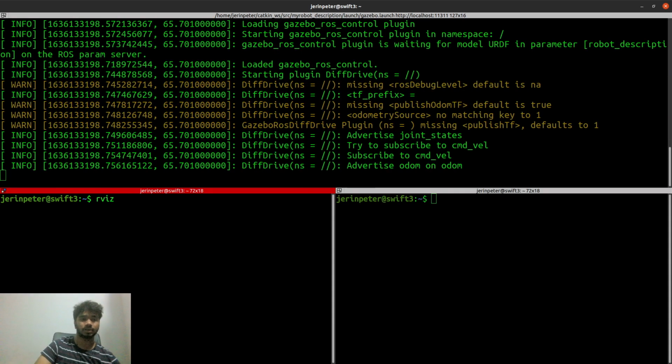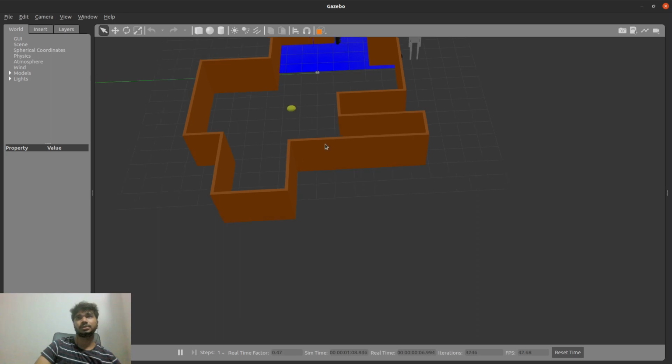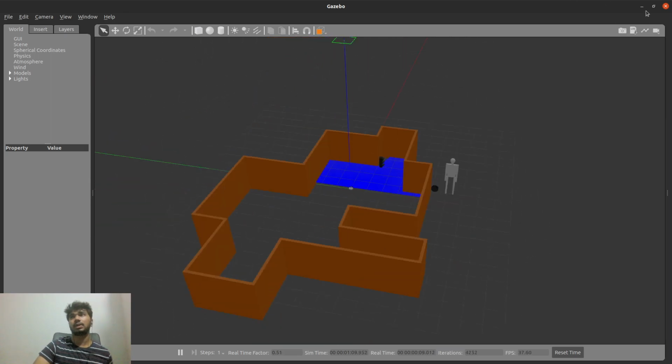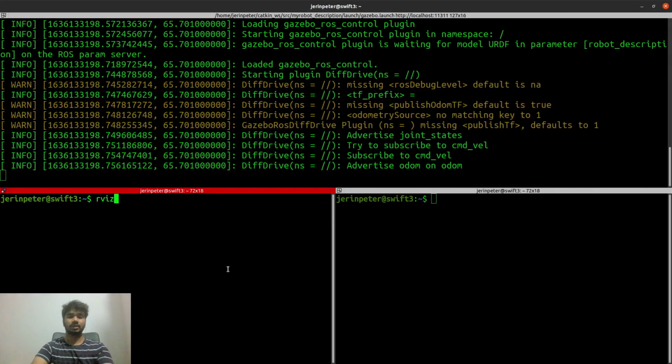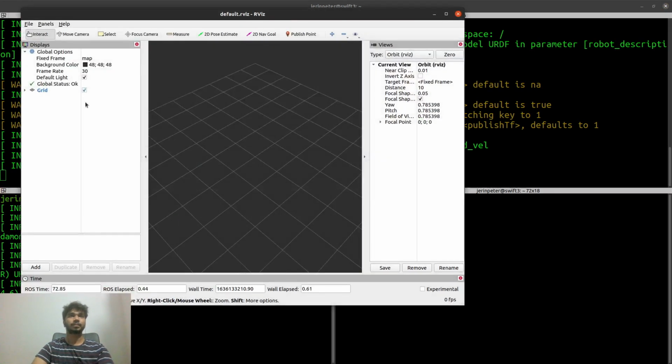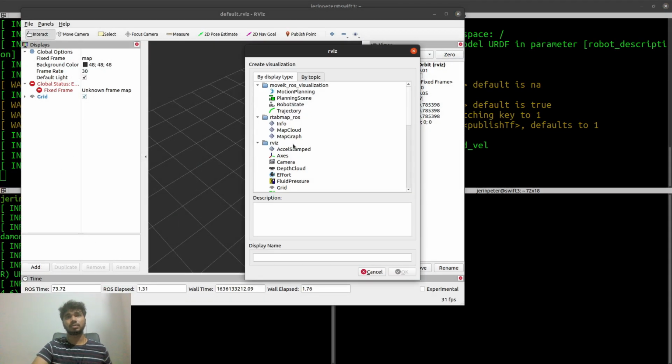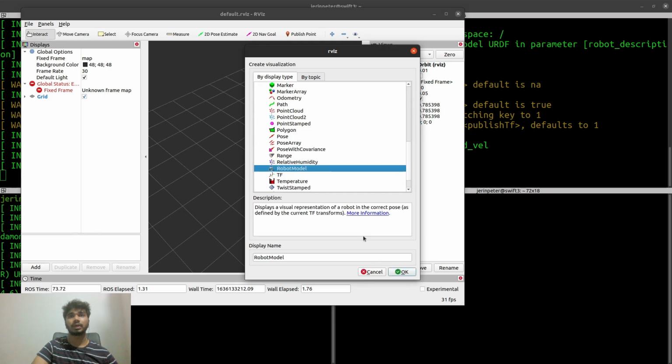The Gazebo environment is loaded up. As you can see, the robot is here. Let's minimize this, and we'll open up RViz. And you can see, I can add the robot model here somewhere. Yeah, the robot model.